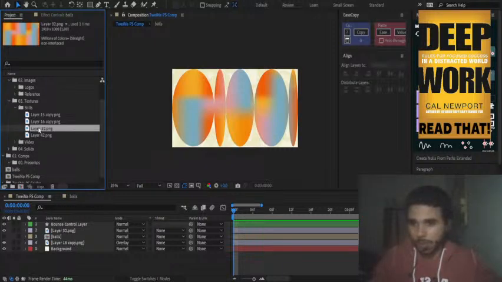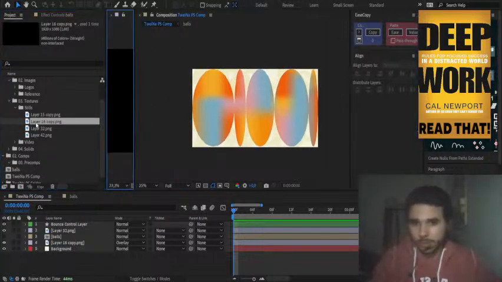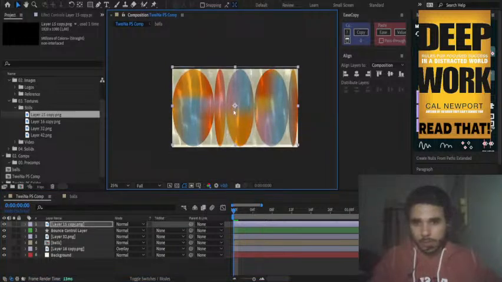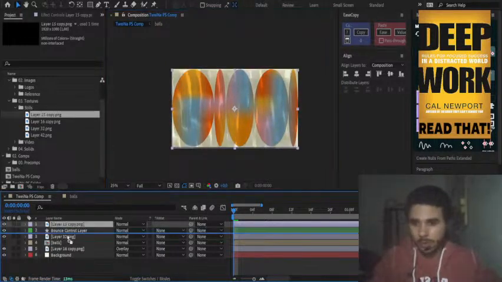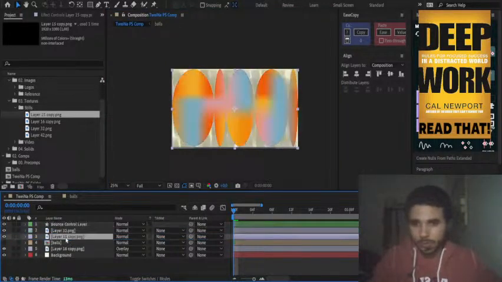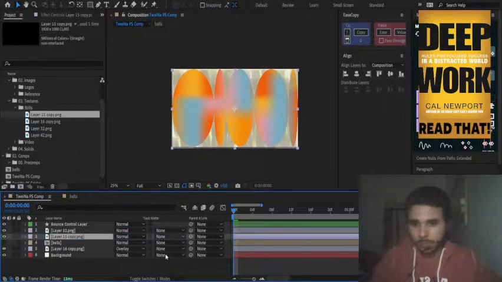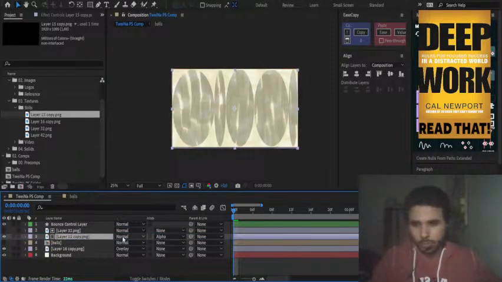Let me grab the next texture right now, which is, let me see, this one. And this one is going to be applied to the balls. Okay. Let's see. Put this here. Alpha. And then up.